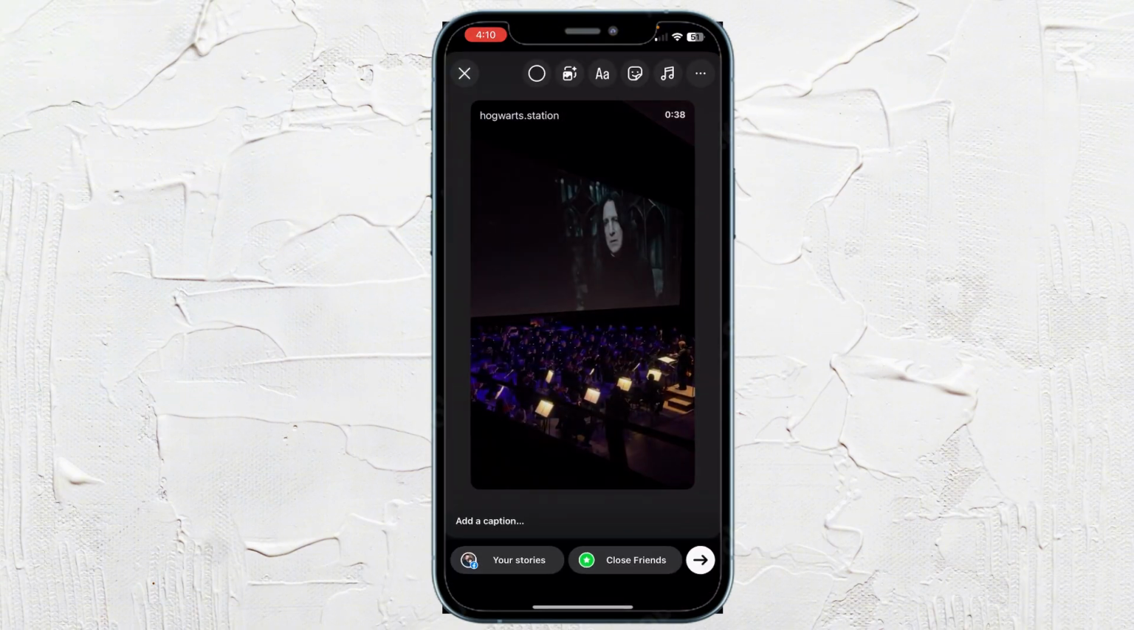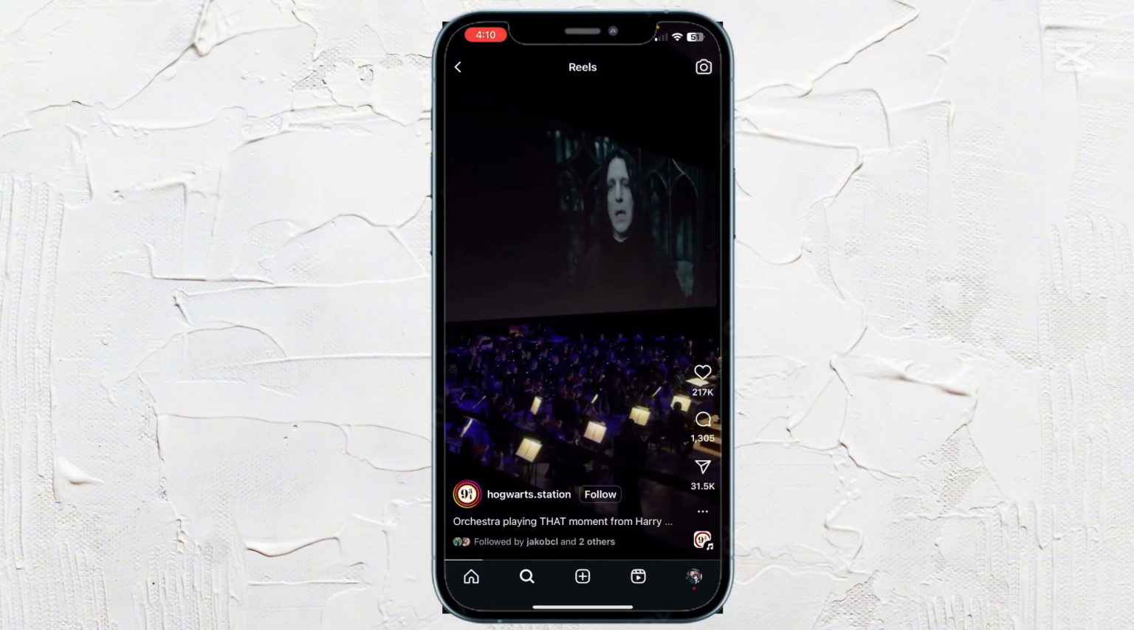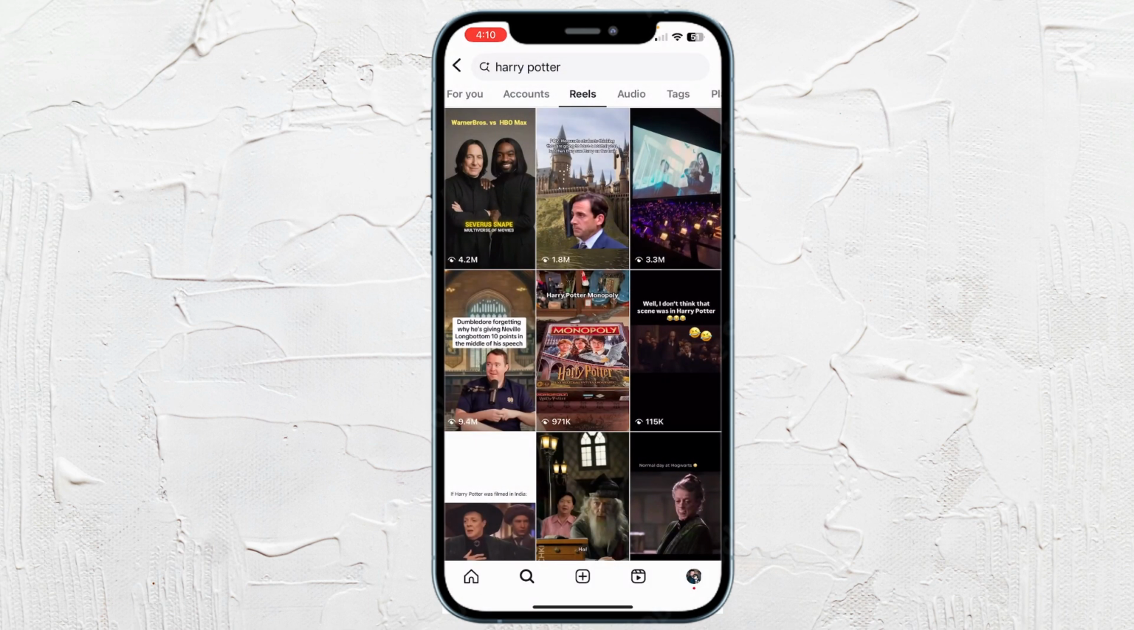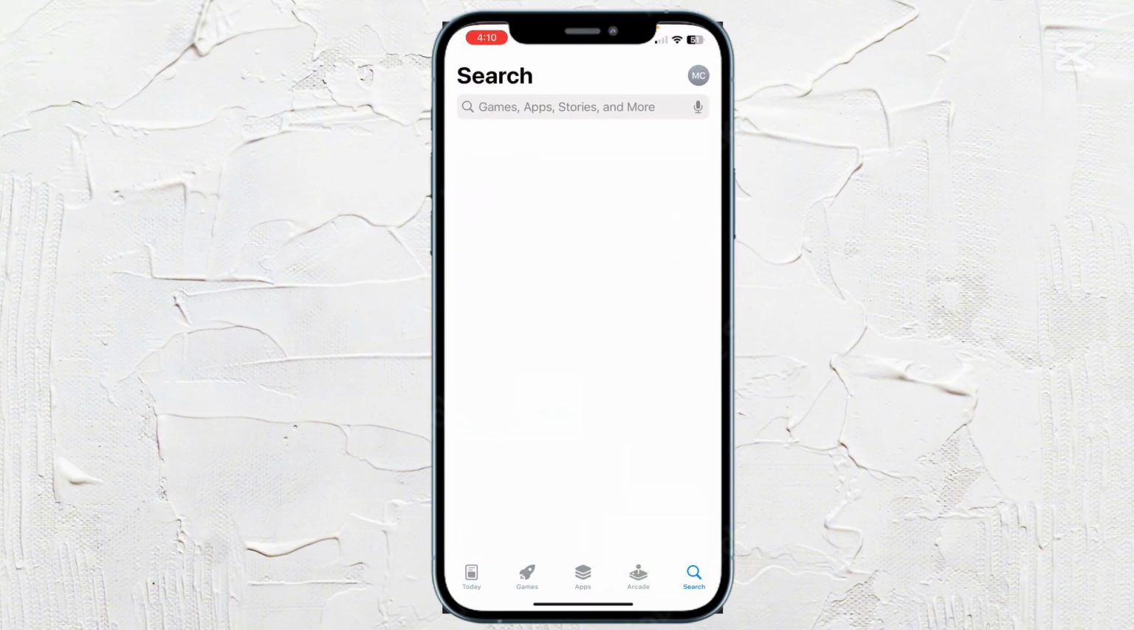Now what you're going to realize, it only allows you to upload a 15-second clip. So what we can do is go ahead and X out of here, discard, go hit the share button one more time, and go ahead and hit copy link at the very bottom. Link is copied. We're going to come out of here and then go over to the App Store and search for